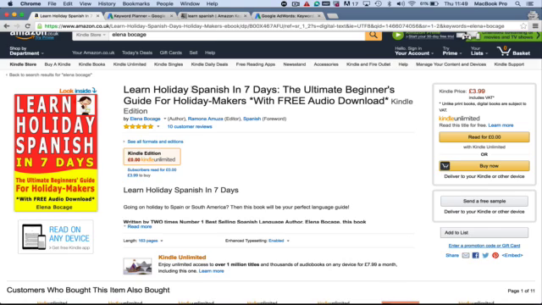She decided to differentiate her book by focusing on people who were going on holiday. We did a bit of research on how many people travel to Spanish-speaking holidays every month, and it's like millions. So we figured that there will be a lot of people who, when they see this and they see "Learn Holiday Spanish in 7 Days," are going to think, well, that's what I want it for. I actually just want to learn how to speak Spanish